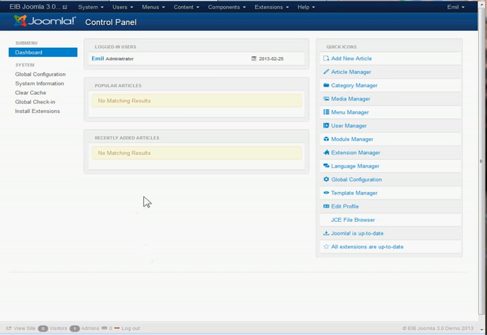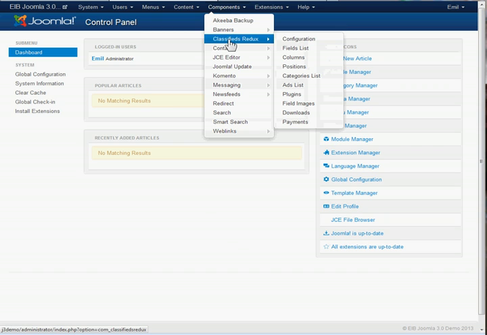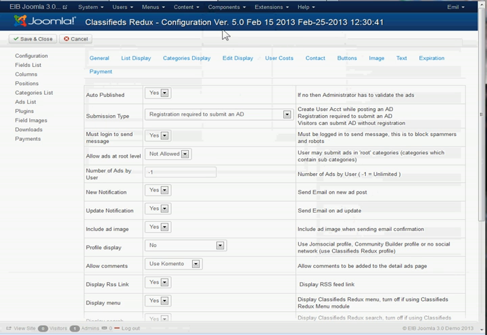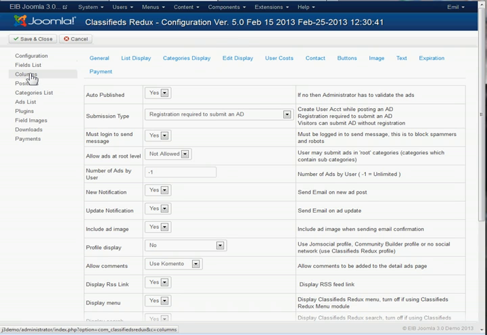Okay, I'm using a Joomla 3.0 demo here. So you're going to notice that the screen looks a little different from the old 2.5, but functionally it's all the same. Okay, I've already installed the component and have it set up, and we'll just quickly go to the configuration tab. This one is running version 5.0, which is basically Joomla 3.0 compatible. Okay, and let's just go to columns right away and look at the